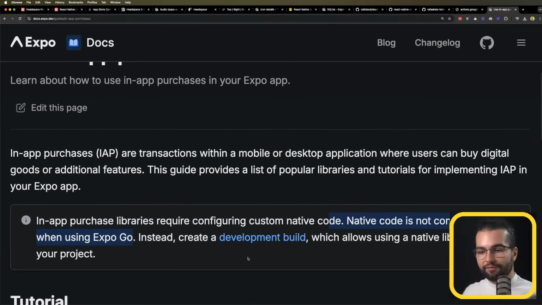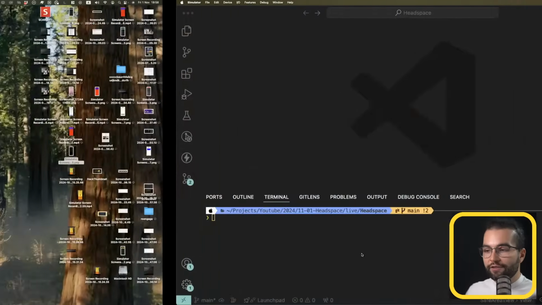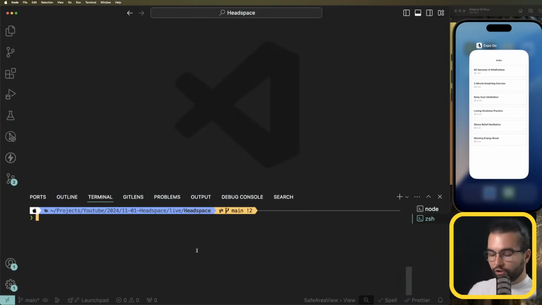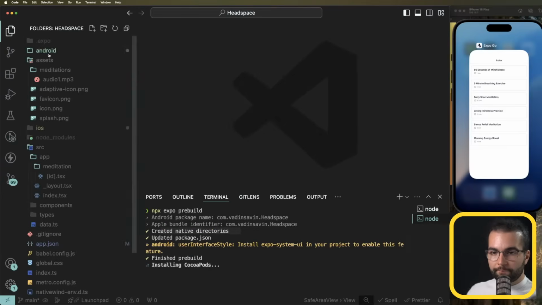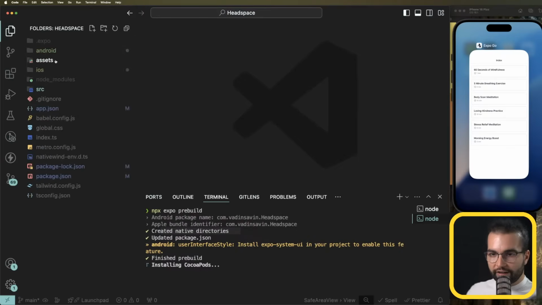In the past, let's not talk about the past. Nowadays, you can create a development build, which basically means your own version of Expo Go, your own application, and run the application there. To do that locally, I'm going to do npx expo prebuild, and I'm going to just do enter. It's going to create the iOS and Android directories, but I don't know why it didn't ask me for